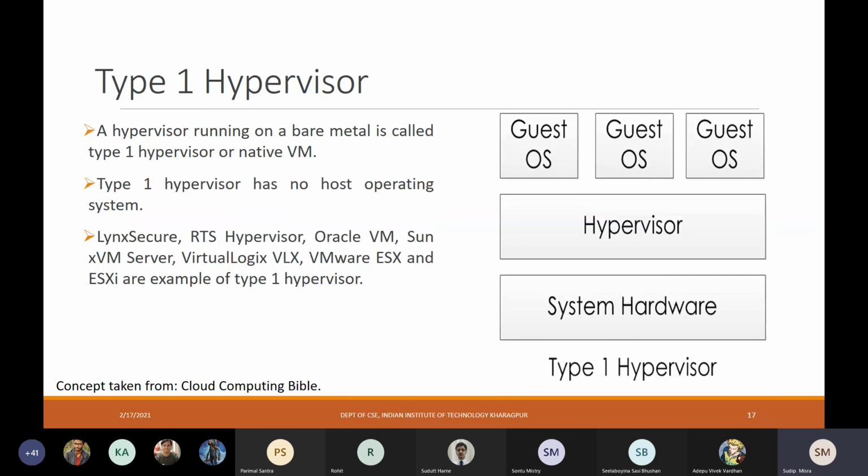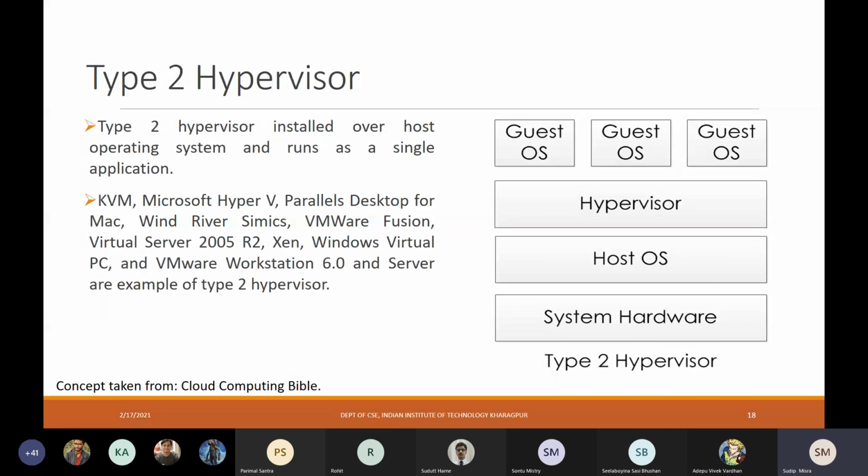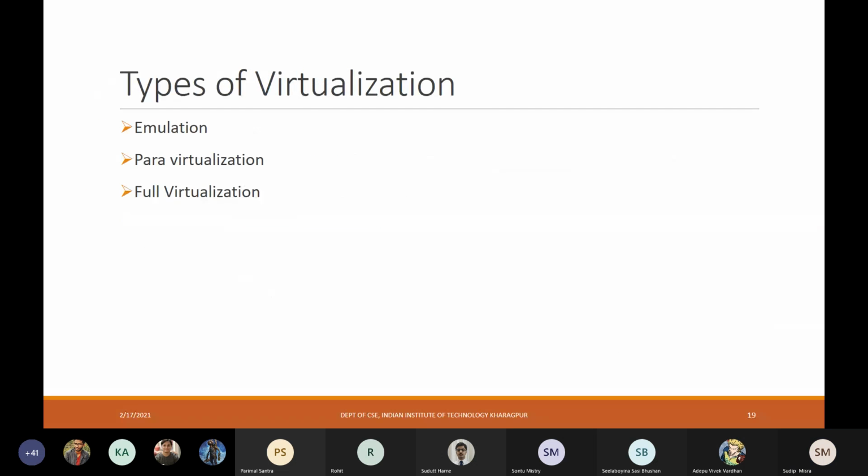So type 1 hypervisor runs on the bare metal. Type 2 hypervisor runs on the host operating system, and on top there are guest operating systems which function and basically help these individual virtual machines to work, right? So this actually I will continue from next class, types of virtualization, but